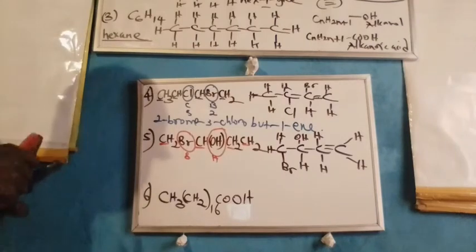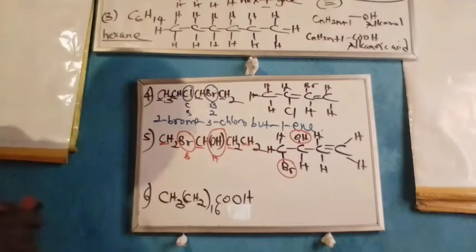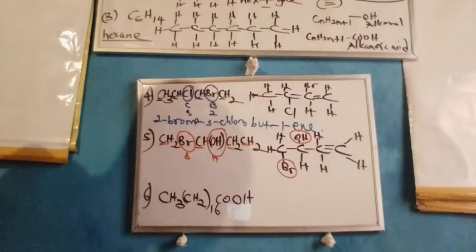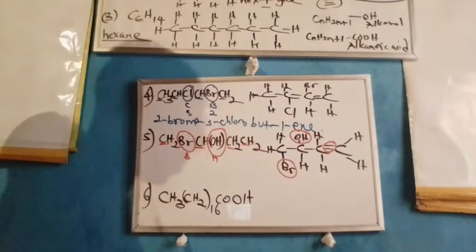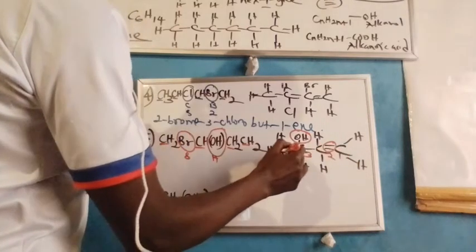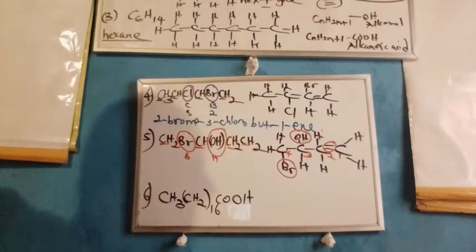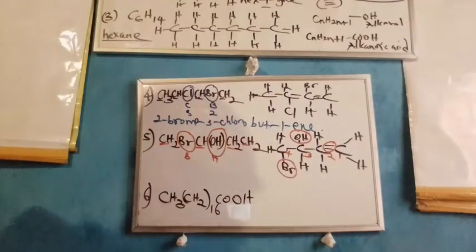Now, analyzing this again, I can see clearly that there is an OH and there is a bromine. However, even though bromine is on the left-hand side, I will not name it from the left-hand side, but from the right-hand side, since there is a functional group on the right-hand side, which is a double bond. Now, giving the respective positions of carbon, we have 1, 2, 3, and 4. The procedure for naming says begin with the foreign molecules and their respective positions following the alphabetical listing. In this case, we have bromine and hydroxyl. B comes before H, so we will say